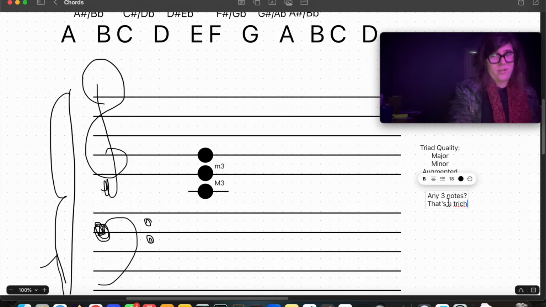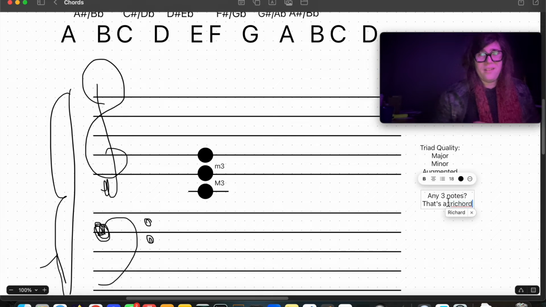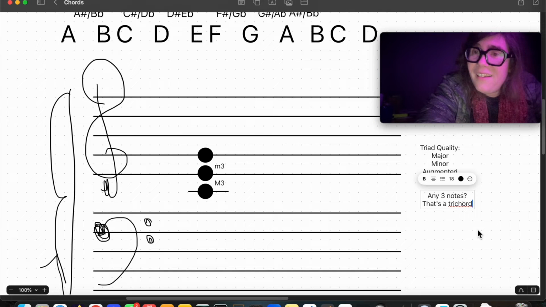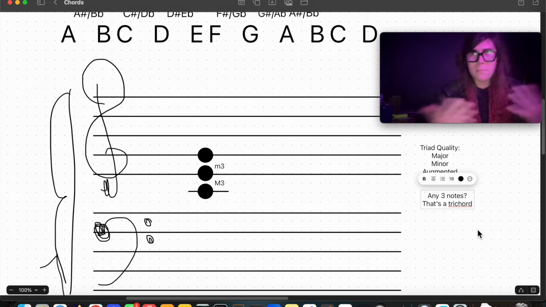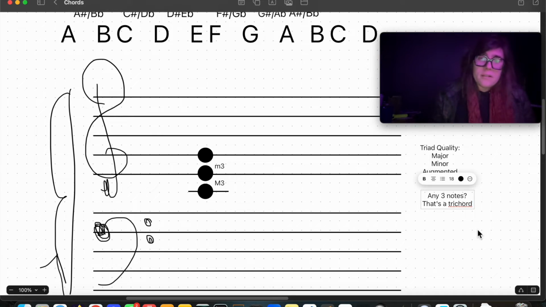That's a trichord. Not a Richard. That's a trichord. That's what we would call that. That would be like if you had C, C sharp, and D. Trichord. You could say that C, E, and G is a trichord, but there's a better name for that, which